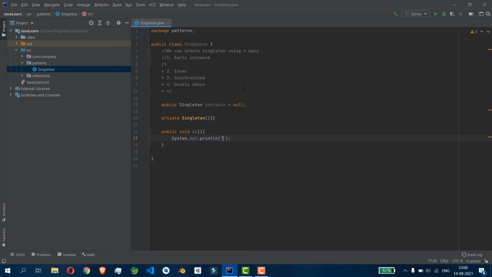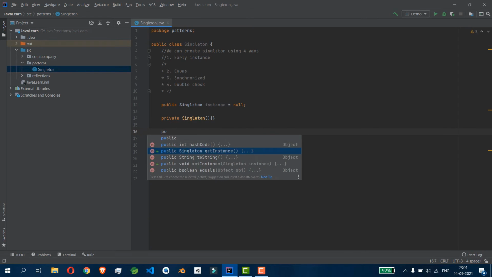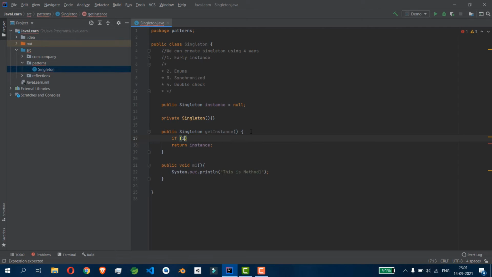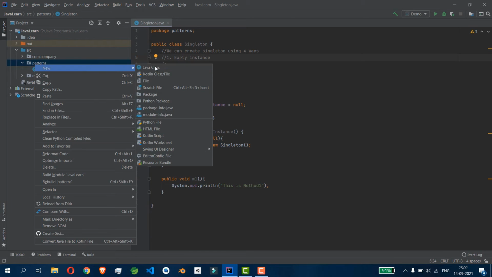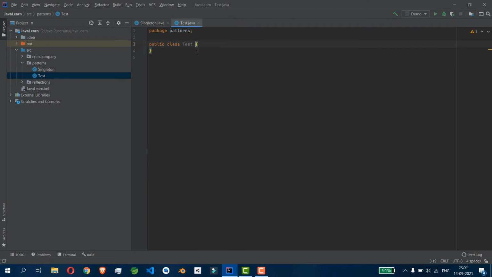If the instance is equal to null, we can create a new object of the singleton class and make the instance refer to that object. Okay, and here we can make a private constructor, so that we don't want to call this constructor or this object anywhere else outside this class. Okay, and making it private.